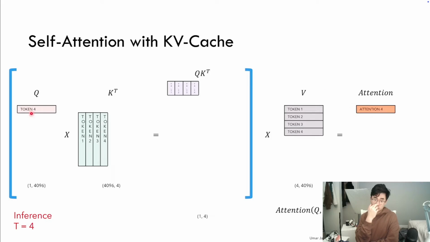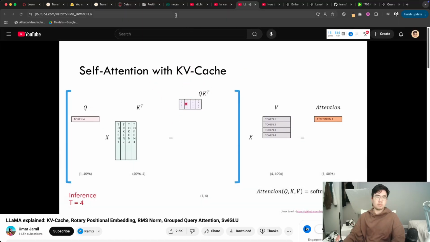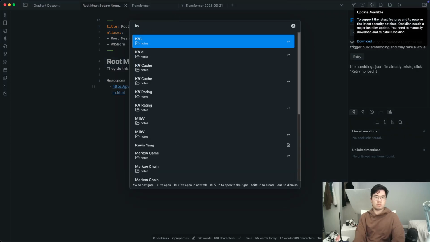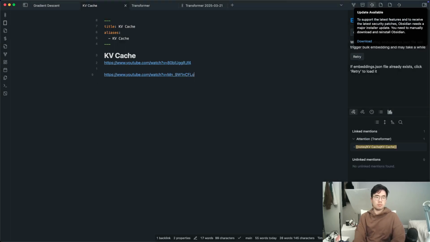Then we use it as an input for the next inferencing step by appending it to the cached keys and appending it to the cached V matrix. We do this multiplication and we will get this matrix, which is 1 by 4, which is the dot product of the token 4 with the token 1, the token 4 with the token 2, token 4 with the token 3, and the token 4 with itself. We multiply by the V matrix, and this will only produce one attention,